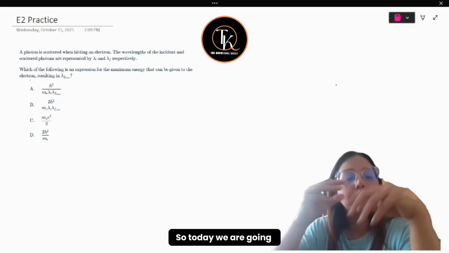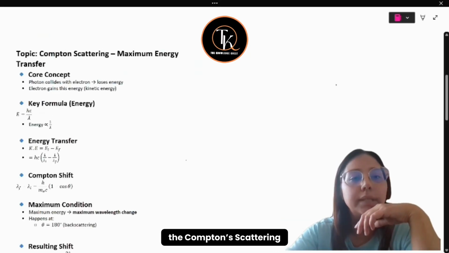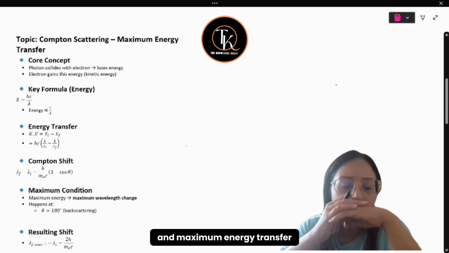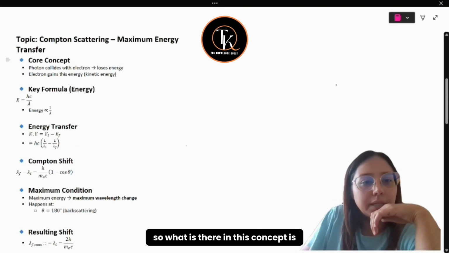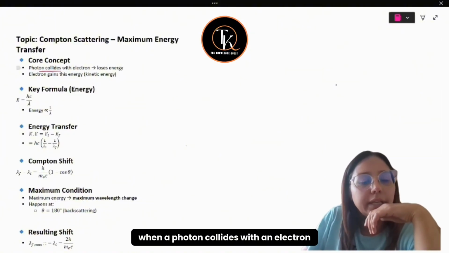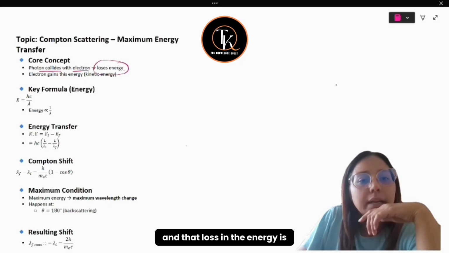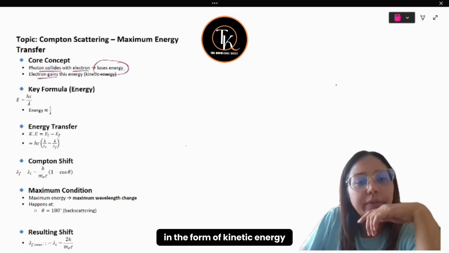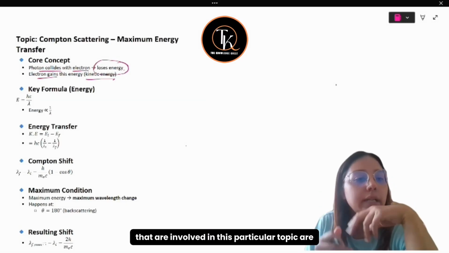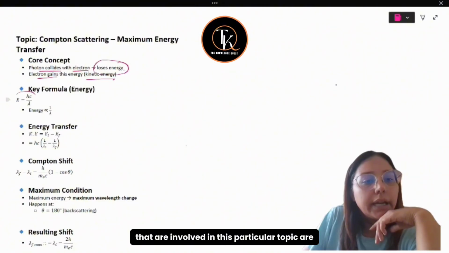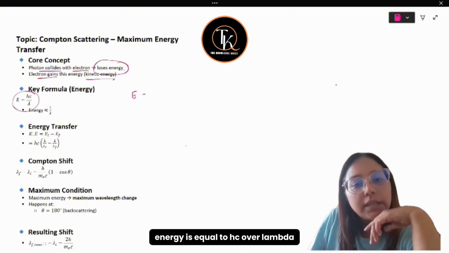Everyone. So today we are going to talk about a concept which is called Compton scattering and maximum energy transfer. What is there in this concept is when a photon collides with an electron, there is a loss in the energy, and that loss in the energy is gained by the electron in the form of kinetic energy. The key formulas that are involved in this particular topic are energy is equal to hc over lambda,